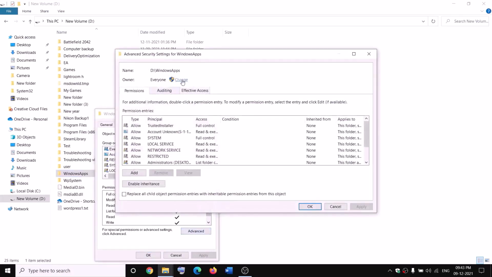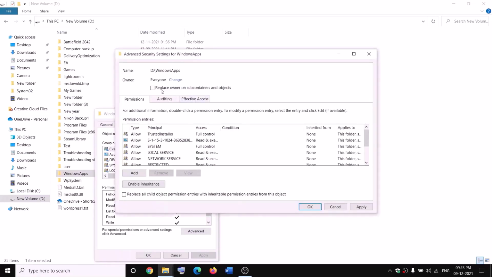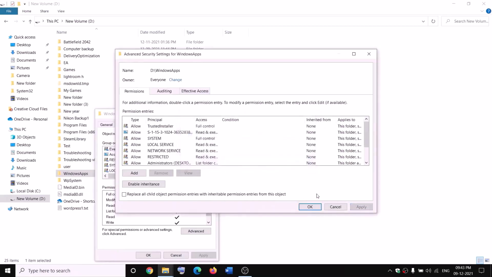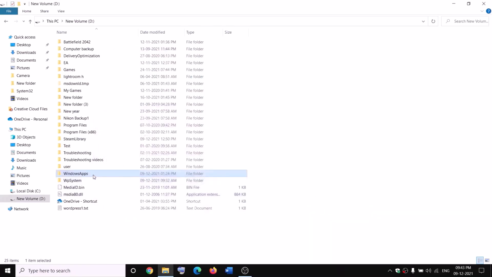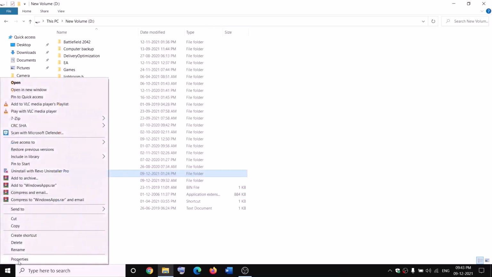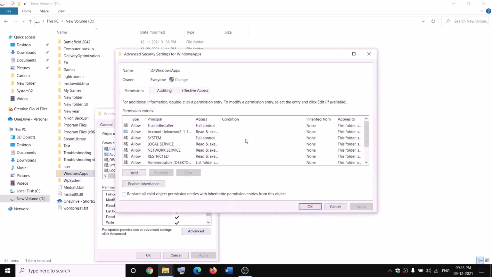Now click on Change over here, type in Everyone in the box. Click on Check Names, then click OK. Now put a check on the box which says Replace owner on subcontainers and objects, and then click Apply. OK, OK, again OK. Again right-click on WindowsApps, select Properties, Security tab, Advanced, and this time